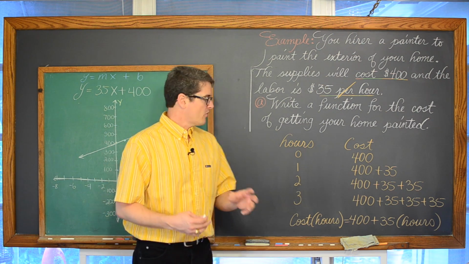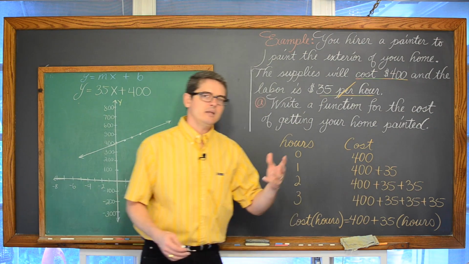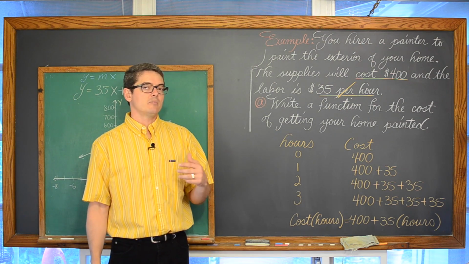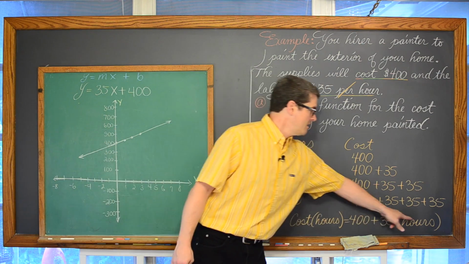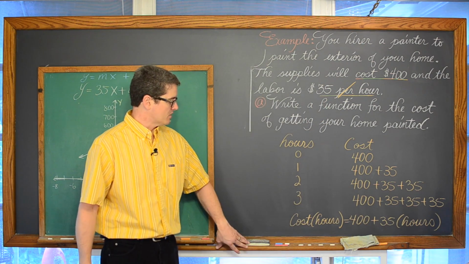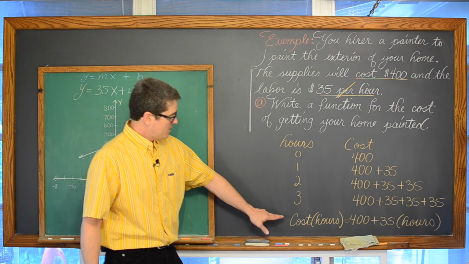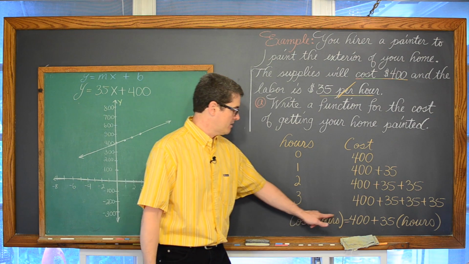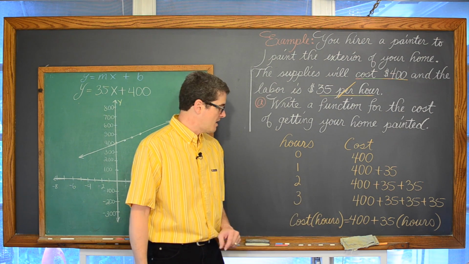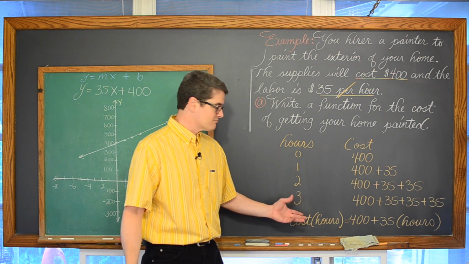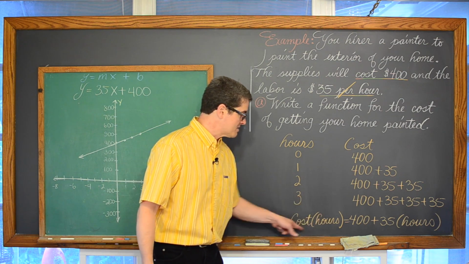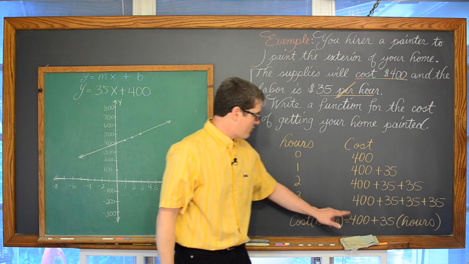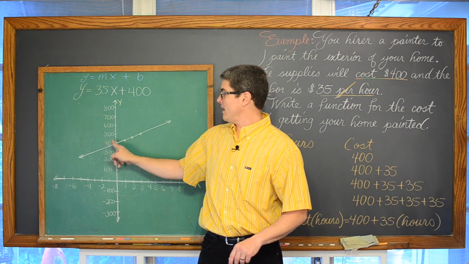Slow down and let your brain sort of think about how are you getting your answer? Oh, I'm just repeatedly adding by, in this case, 35. So it must be 35 times, again, the number of hours, and just giving you a different look to the same problem. Well, that function notation, that sort of function name, and then the parentheses, the independent variable on the inside, this is my f of x, my cost per hours. This is my y. All right? And then we have 400, which was my y-intercept.